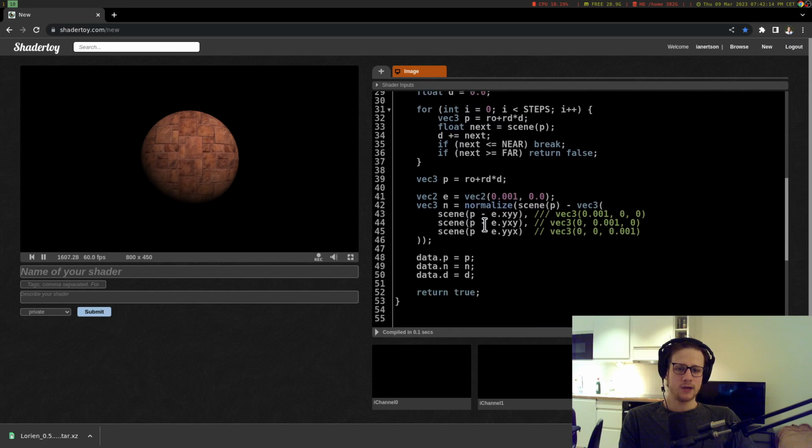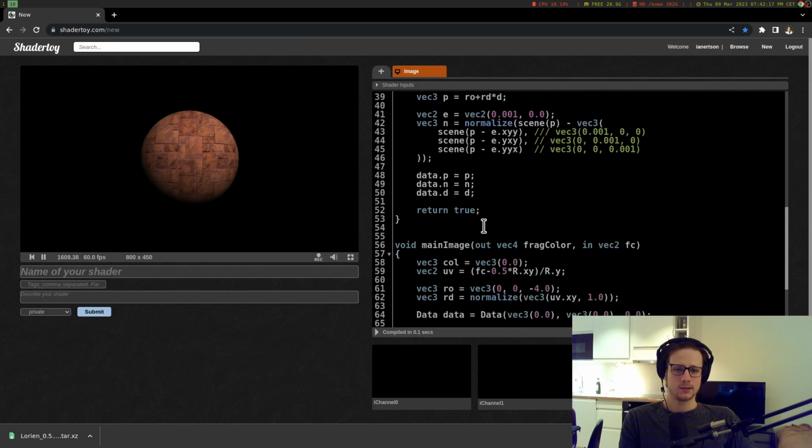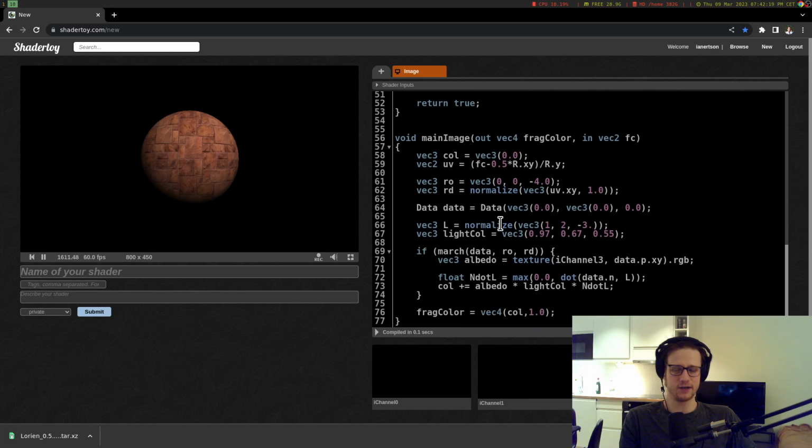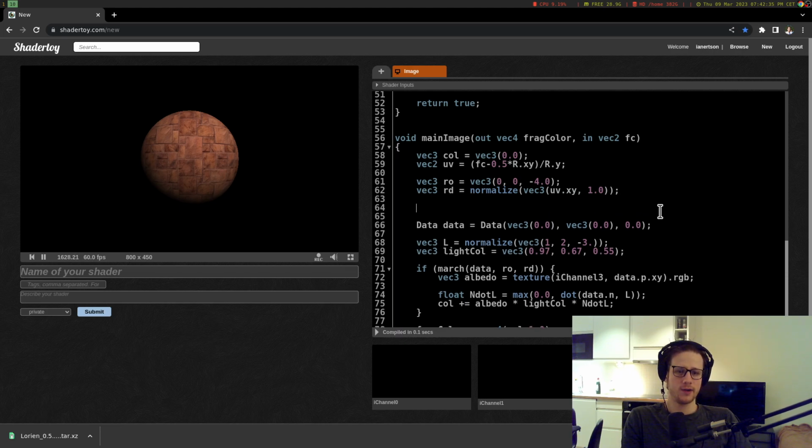So now let's go down here, and actually, instead of rotating the sphere, let's rotate the camera. We could use the mouse to rotate it, but let's just use the time for now so that it automatically rotates. So what we want to do is rotate the origin first. So we're going to do ro dot, and we want to rotate around the y-axis so that the sphere, imagine